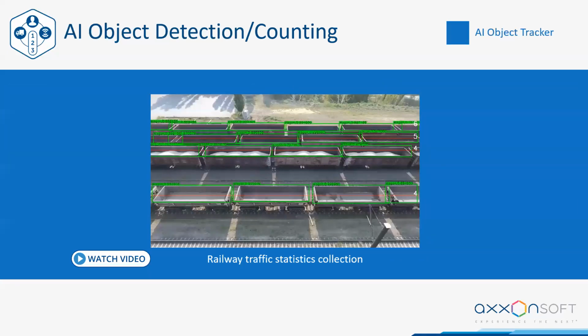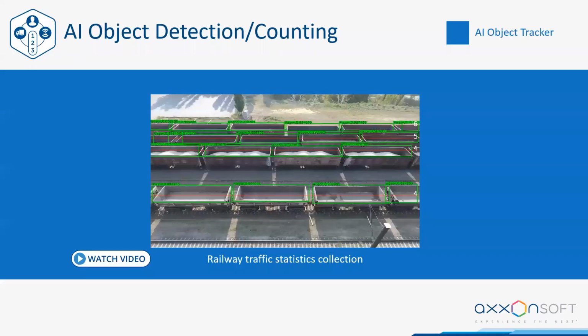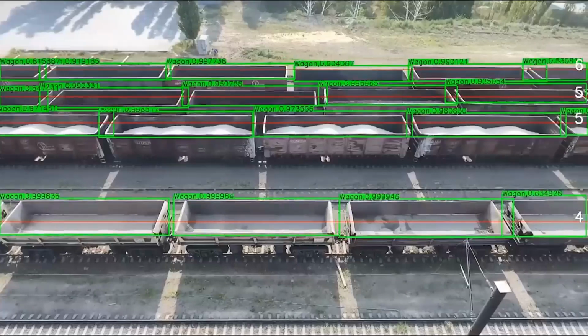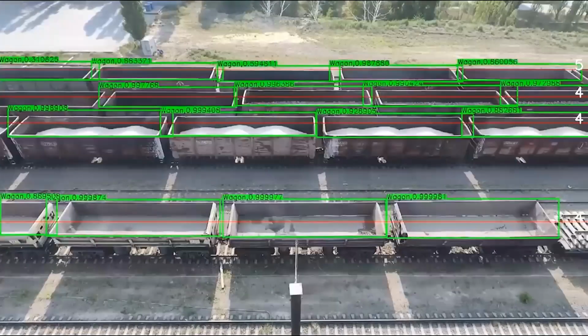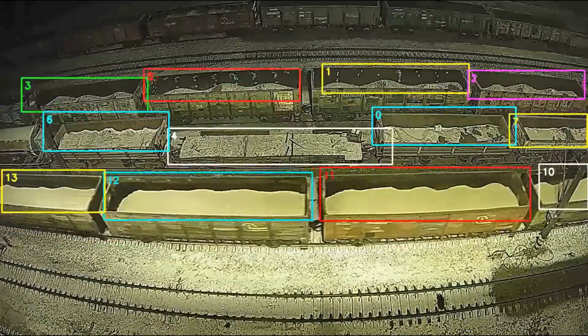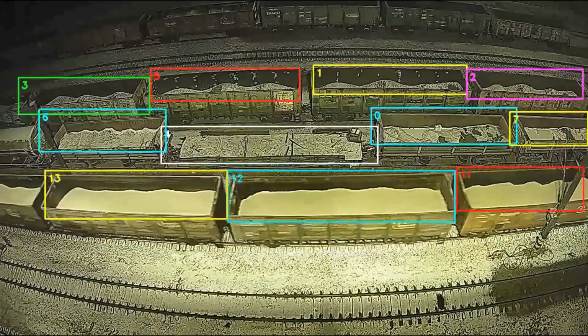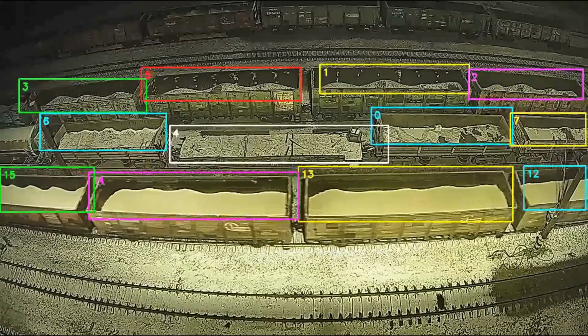So a less common case is monitoring rail car wheel set maintenance. Let me play another video. So here is a camera mounted at the client's industrial facility. The objective is to count the number of rail cars that pass on each rail track in different directions. As you can see on the video, analytics delivers quite accurate results. Another example of our AI development.